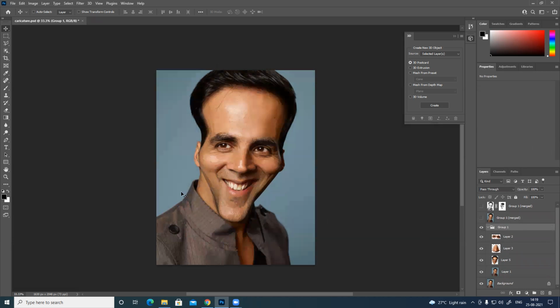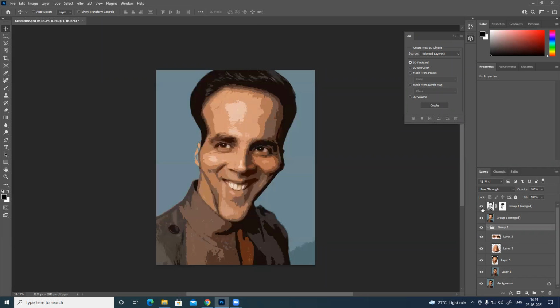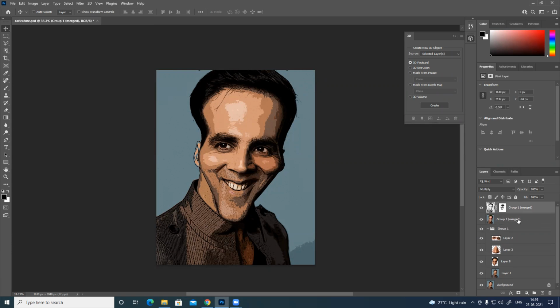This is cut out from the filter, the cutout effect, and then one more, you can see this is one more effect. This is called posterize. It's already there in the filter. If you go to the filter gallery, these two filters are there already, and just manipulate them and blend everything and generate. You can do amazing stuff with this.